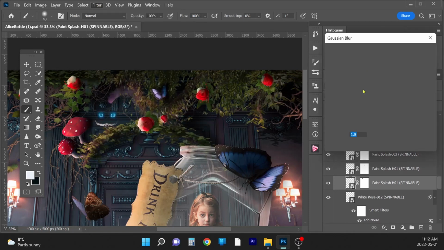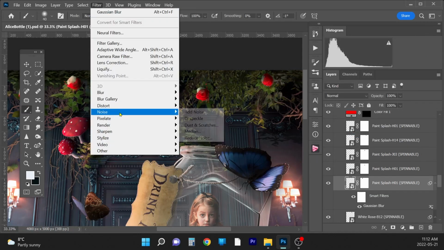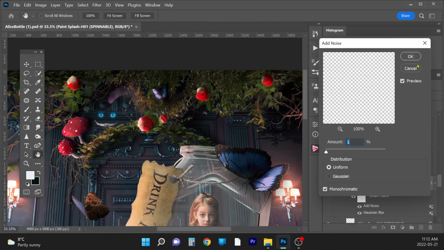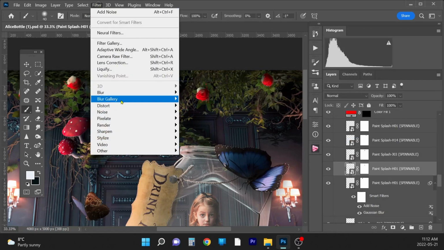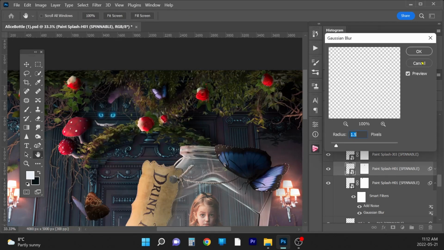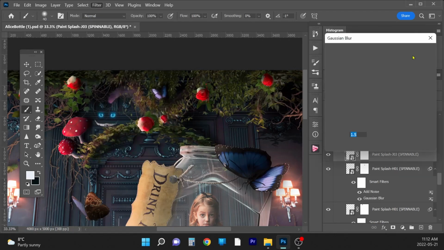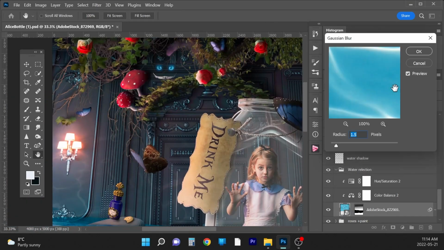I'll usually just put it at about 1%, but depending on how grainy either some of your other stock from Adobe is or the pictures that you took, you want it to kind of match up, so you can adjust the noise that you need added on to each stock as you go. So once you finish putting all your Gaussian blur and noise on each piece of your stock, you are done